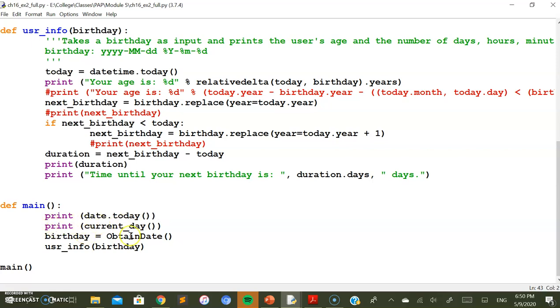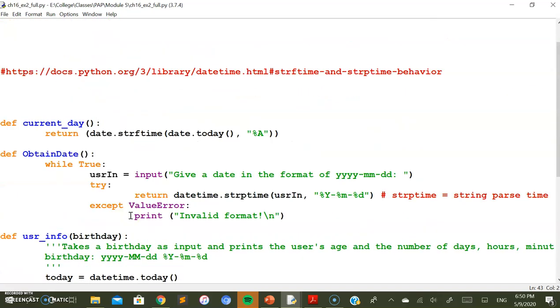The next thing is we want to get the current day. From this, we are going to call a function known as current day. What it is going to do is take the date method, along with one more function called strftime. This particular part is going to convert the time to a string, from which we are interested in extracting only the day of the week, that is date.today.